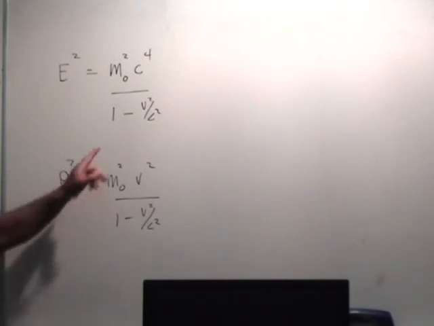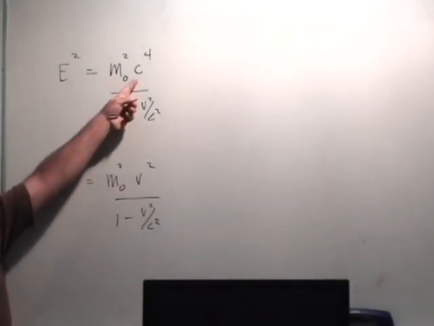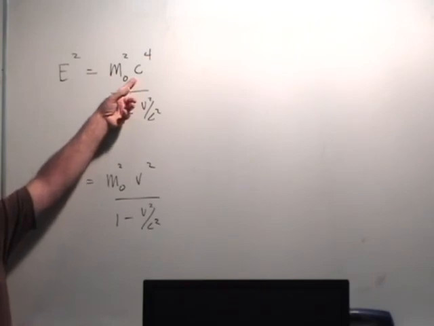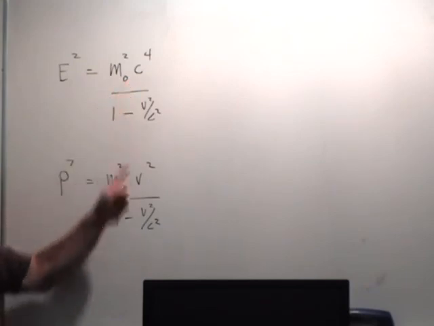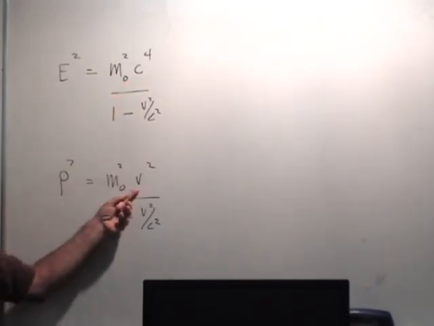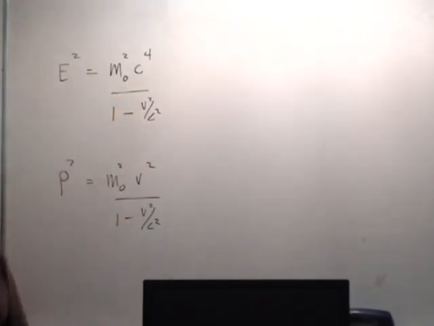Everything else is the same except we've got c to the 4th, so we're going to have meters to the 4th over seconds to the 4th, and here we've got meters squared over seconds squared. They're not the same units, you can't put them together. But what if I just, for that reason alone,